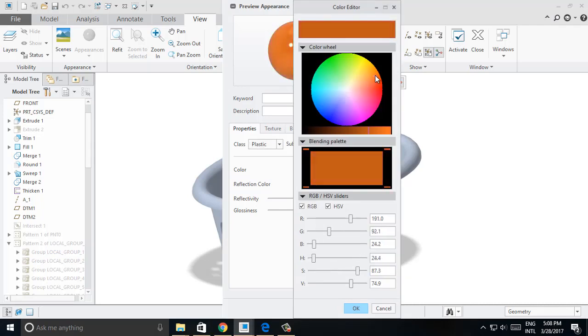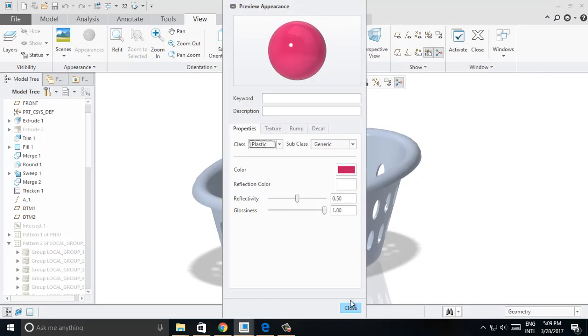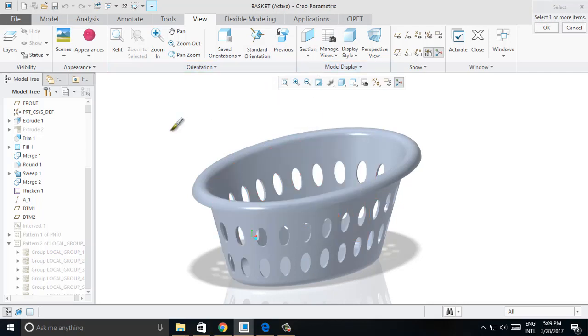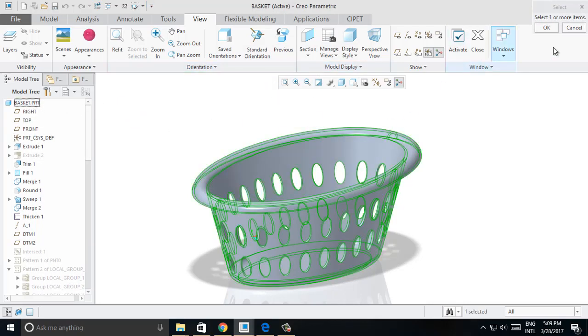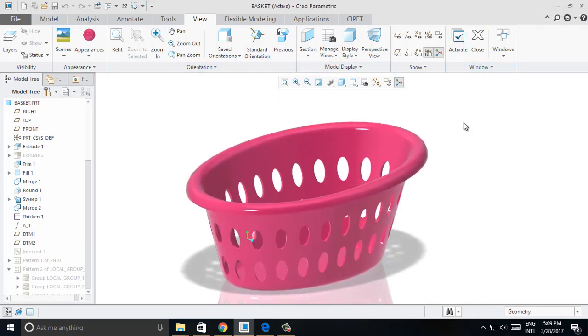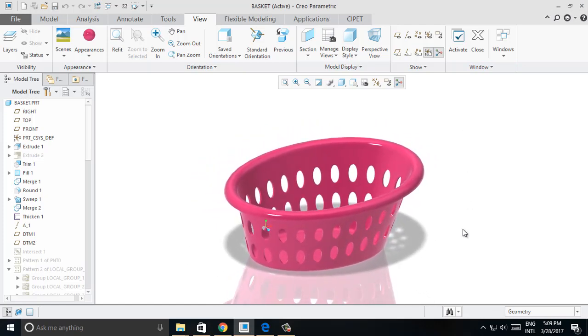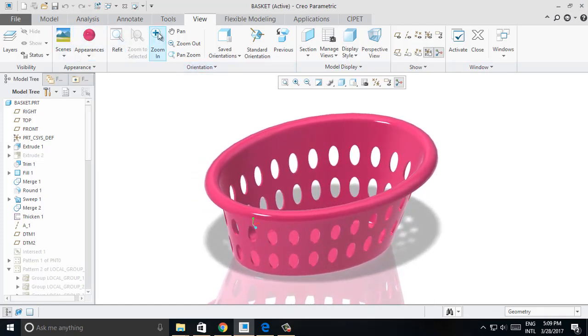Let's make it pink. I think this is okay. So now rather than selecting the features, I'm just gonna select the part, and now